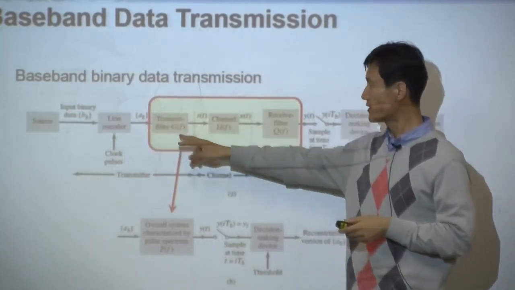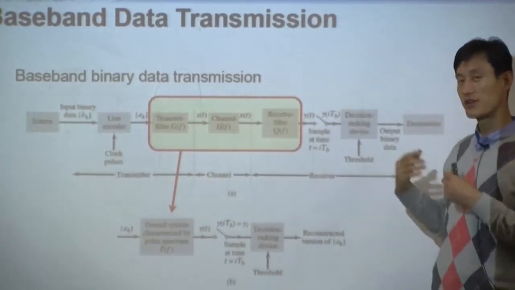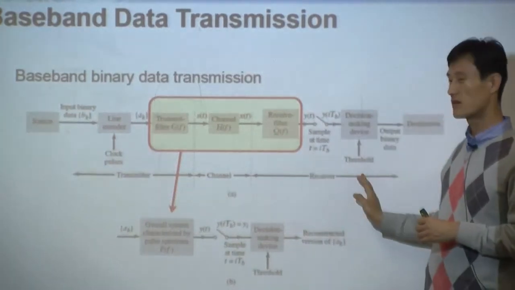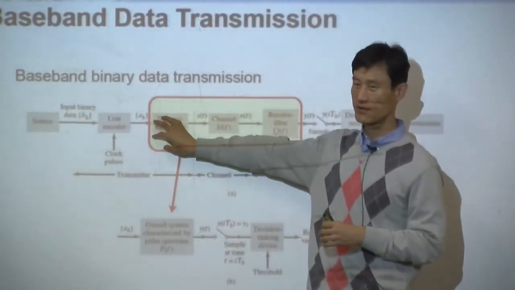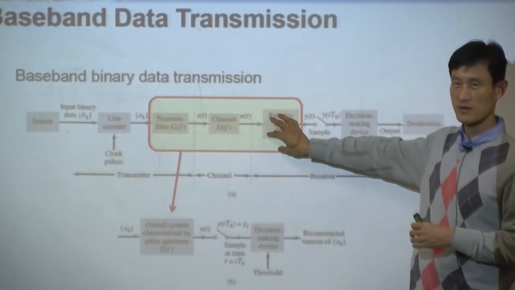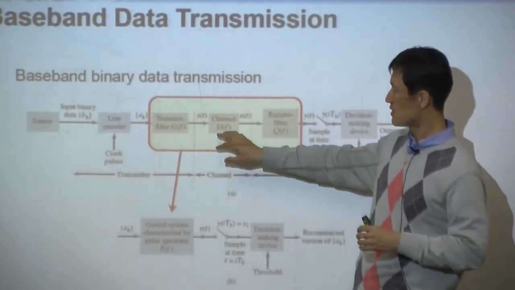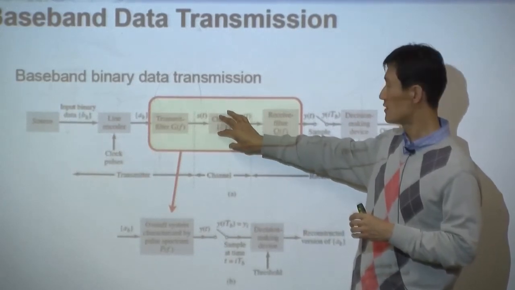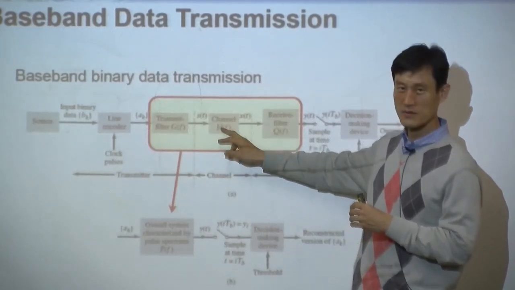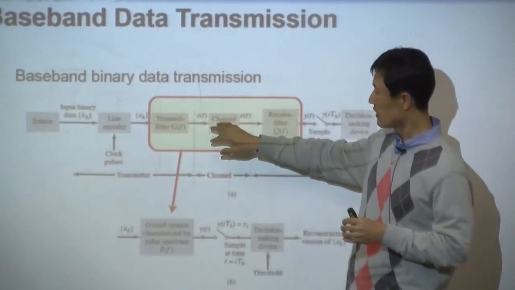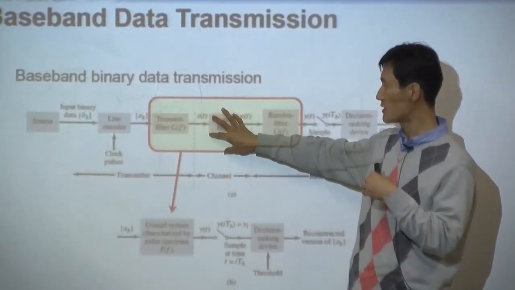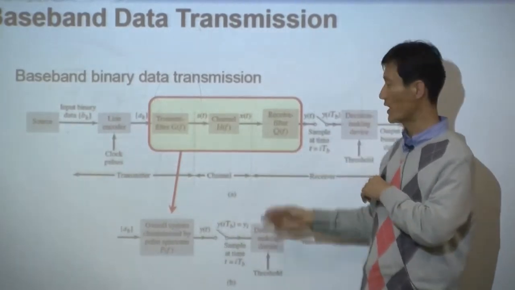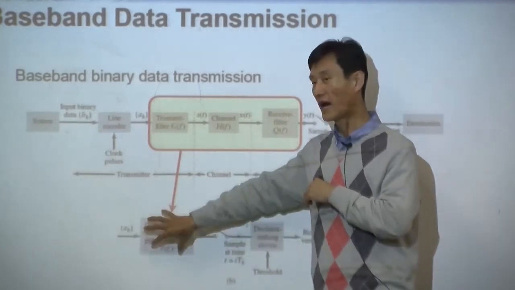However, the transmit filter and receive filter are under our design, because one is part of our transmitter and the other is part of the receiver. So we can make our own transmit filter and receive filter. How to do that: we measure the channel first and find out H(f) or H(t). Now based on that, we design the transmit filter and receive filter in order to make the ideal block,